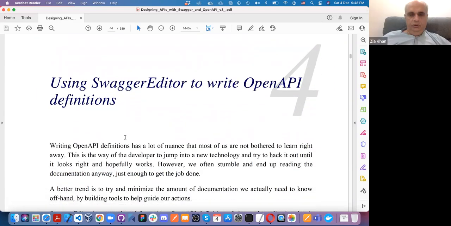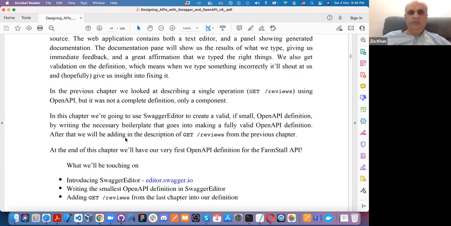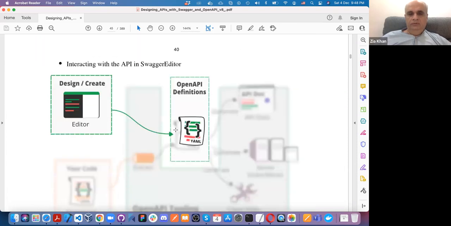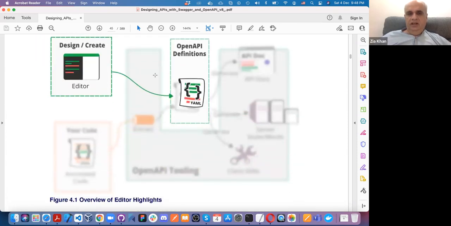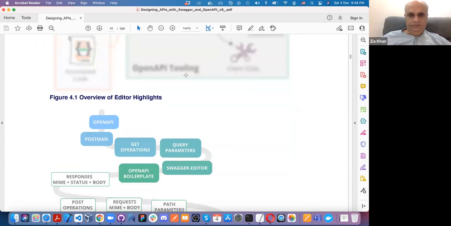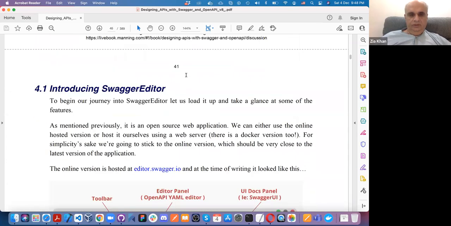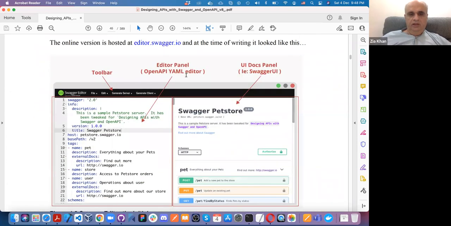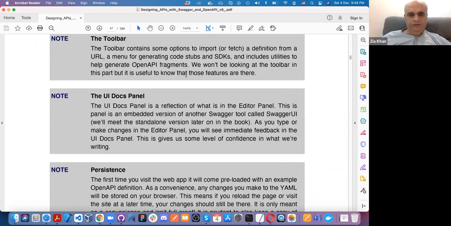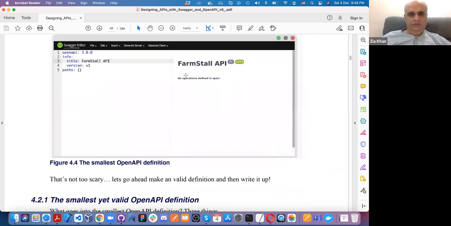In chapter number 4, they mentioned editor.swagger.io, which I've already shown. Basically, the editor generates the YAML. And they introduced the Swagger editor, which we have already shown. And we start off, as I mentioned, with OpenAPI 3.0.0.